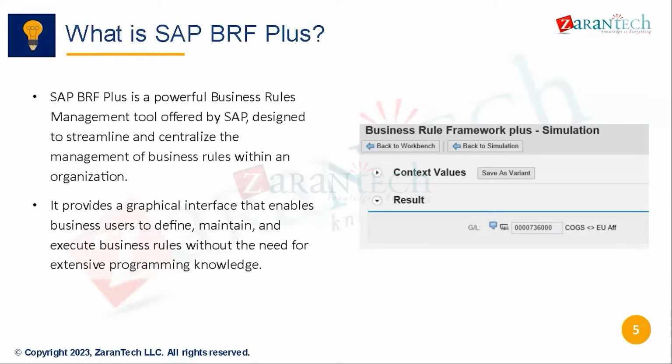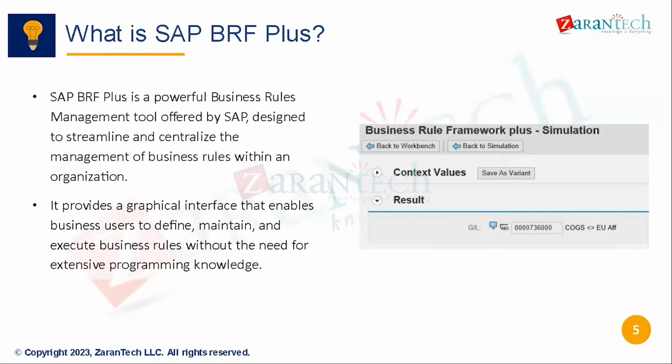In a UI based application, there is no need to write a single line of code when we generate a SAP BRF Plus application. We will not write a single line of code. That's why BRF Plus is provided to both consultants, technical and functional. So any functional member can design a BRF Plus application. Any technical person can design a BRF Plus application. But the thing is, most of the time what happens,